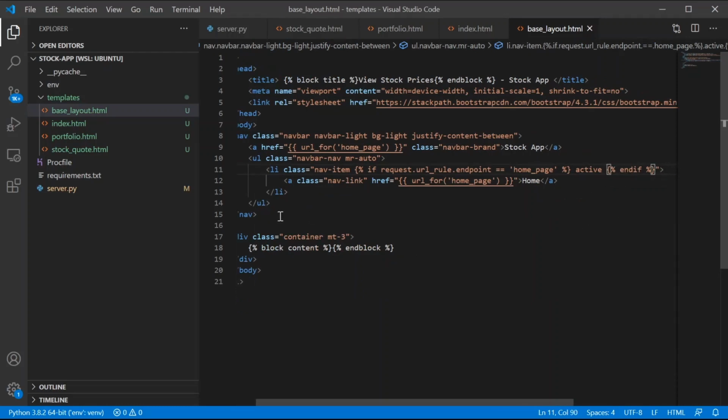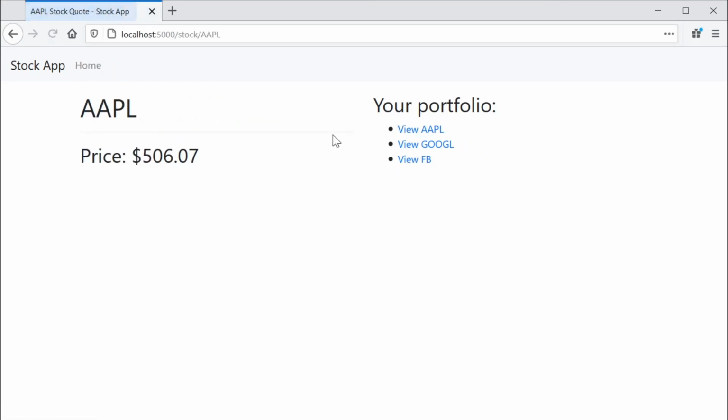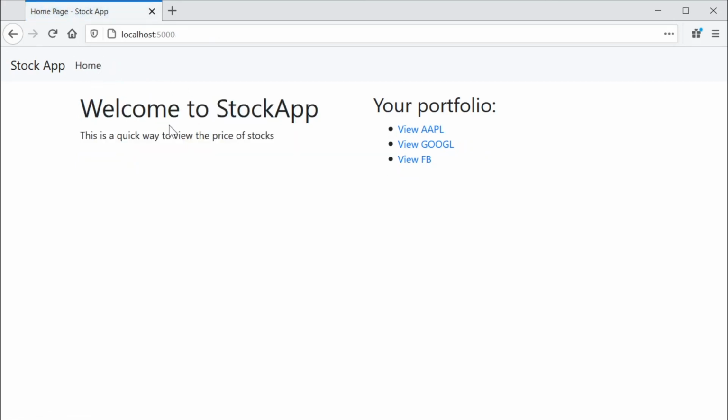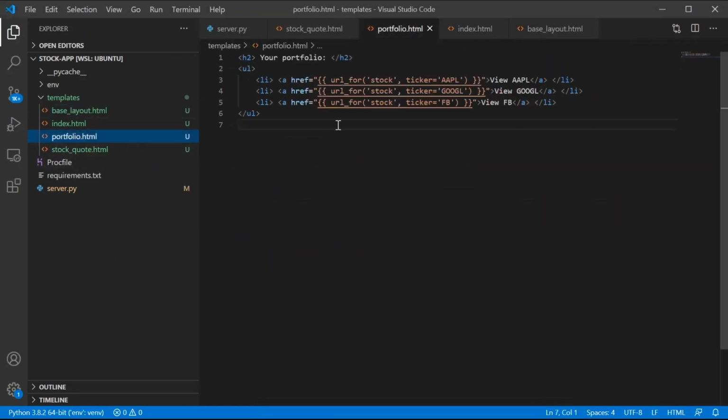And now we can try what that looks like in Firefox. And when we're on the home page, that link is not marked as active. And when we are, it is marked as active. Okay. Now, one other thing has been bugging me, which is that this code is a little repetitive in itself